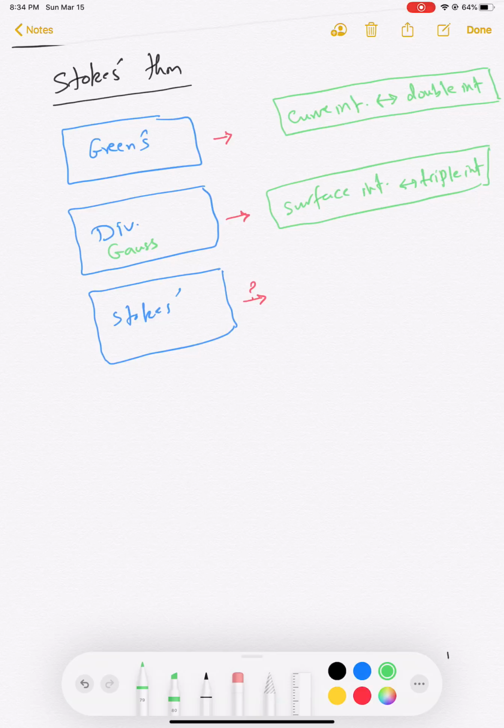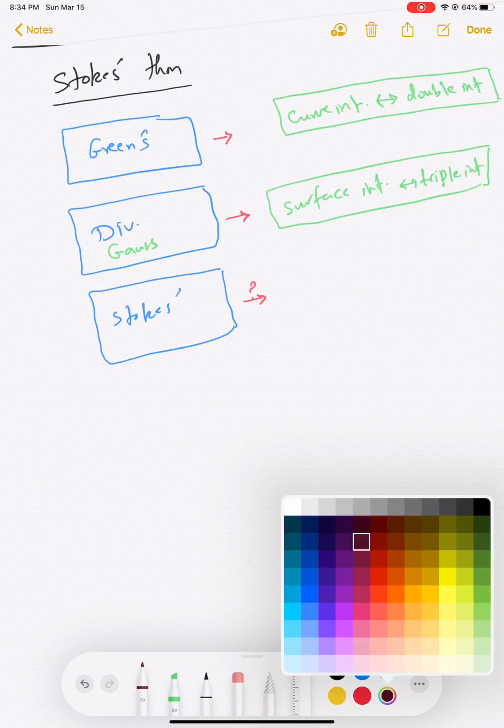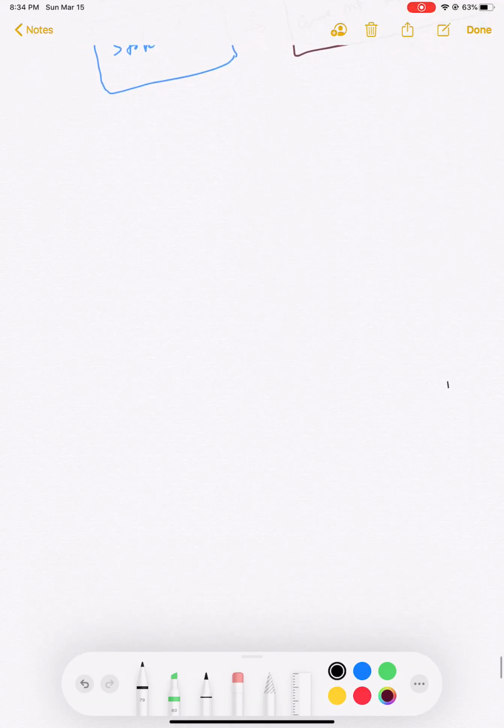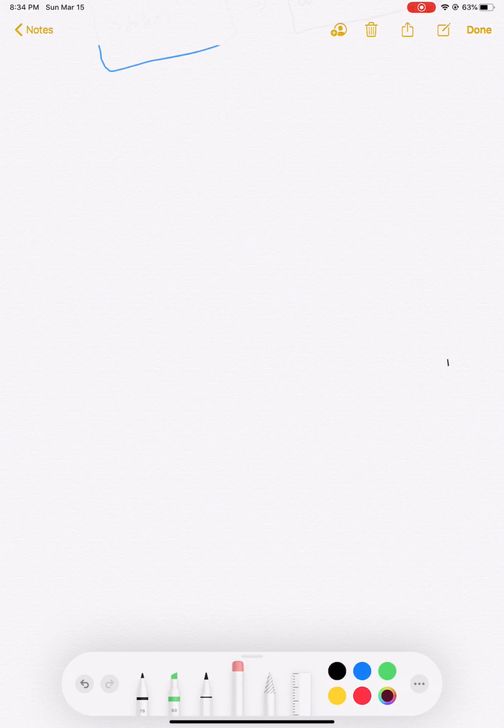So now what is Stokes theorem? Stokes theorem, this new title, is about a relation between curve integrals and surface integrals. So it's like curve integral with surface integral. This is what Stokes theorem is about. So let me write the statement of the theorem first. And then we emphasize the orientation, then we see some examples. So the theorem says,